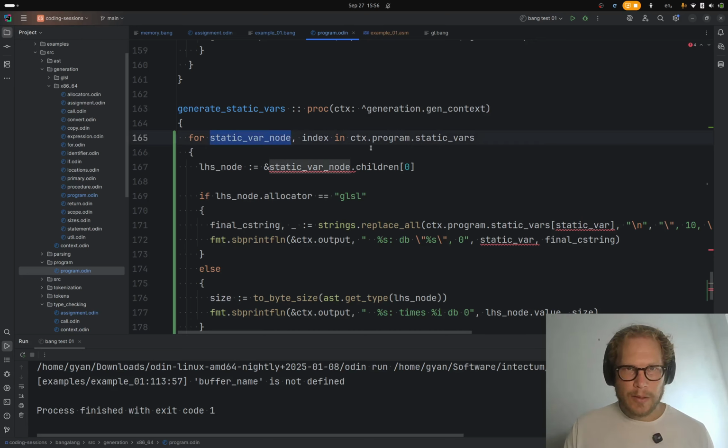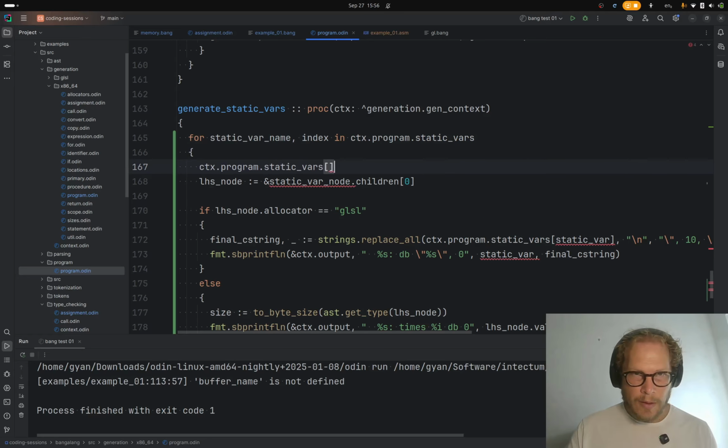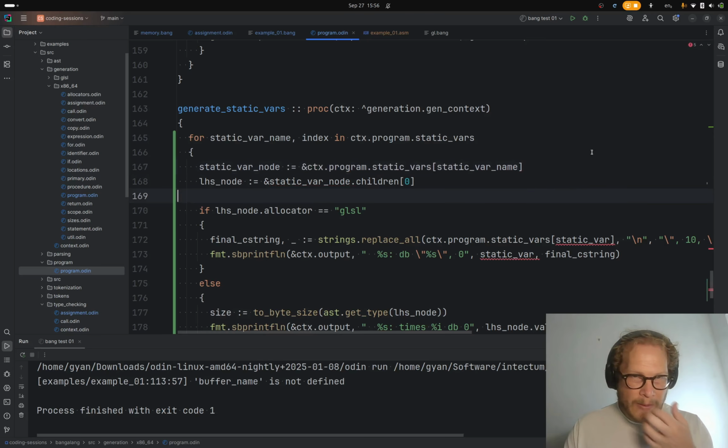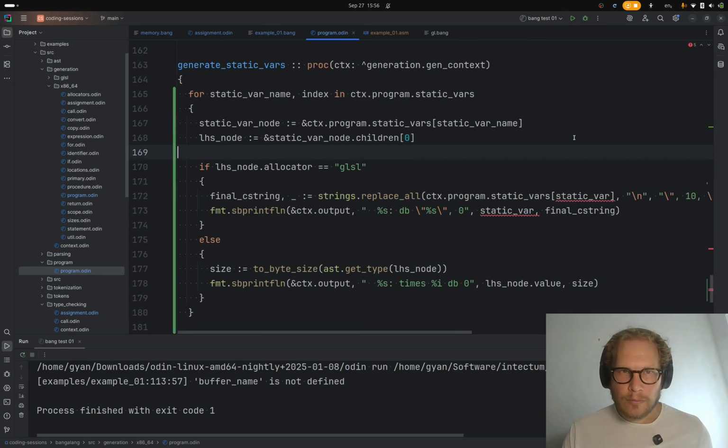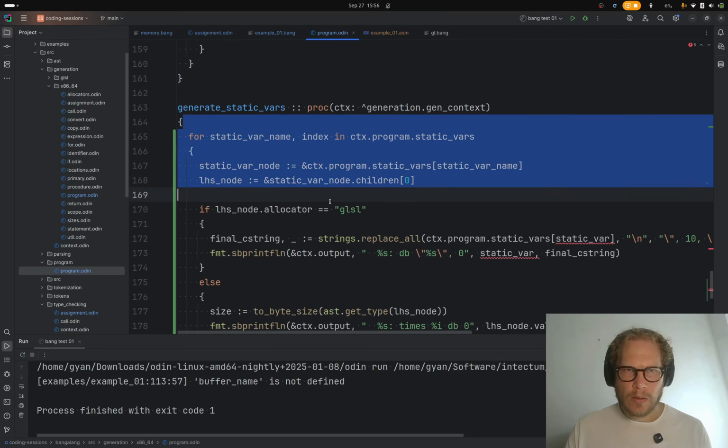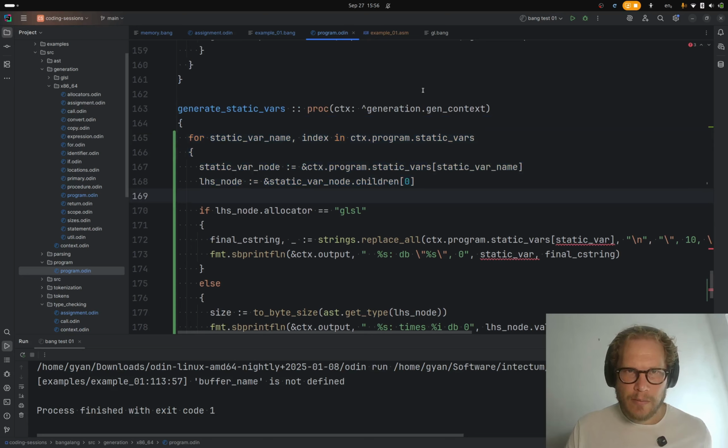Because we need, okay. So is the static var name the key? I guess it is. So that's the static var node. Is that how it is? That's the name? I guess that makes sense to me. Although,